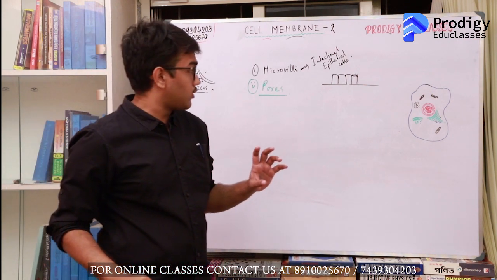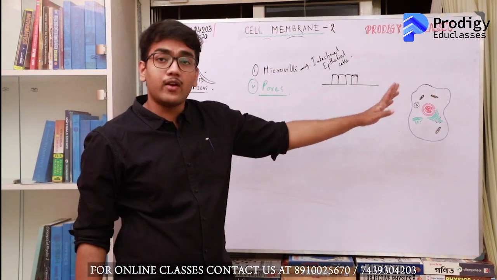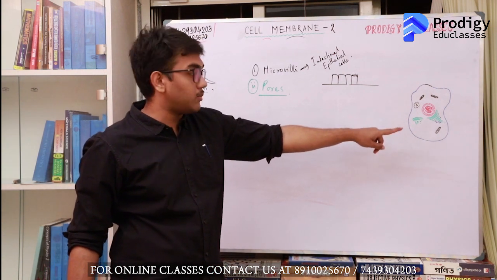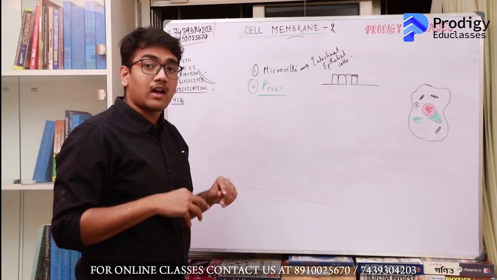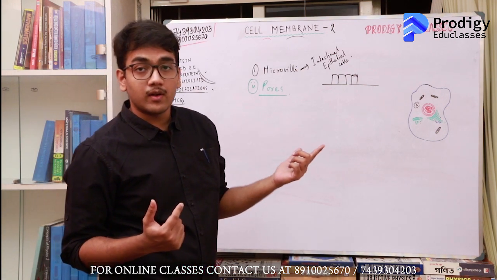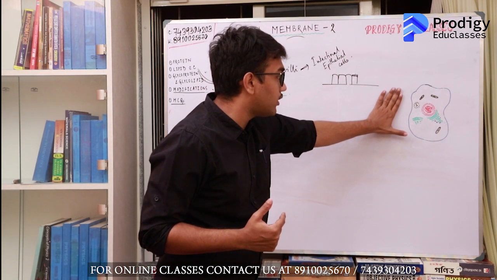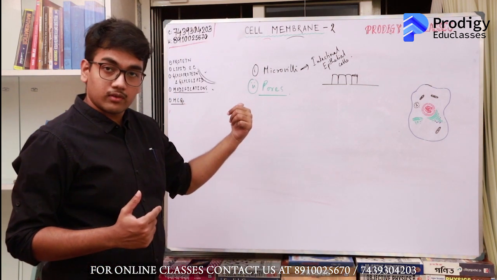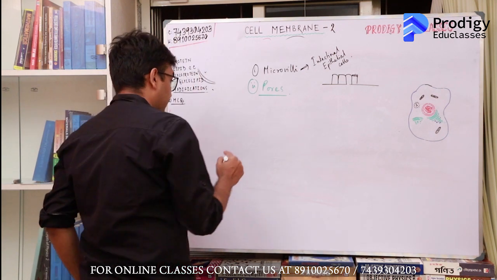Cell membrane does not actually have pores. What it has are infoldings. If you have read the endoplasmic reticulum, you will know that the endoplasmic reticulum is a continuation between the nuclear membrane and the cell membrane. So various substances, various ions, say in the muscular tissue, calcium ion is stored in the endoplasmic reticulum. Now these calcium ions, which are predominantly present in the extracellular fluid, will be present in the endoplasmic reticulum through the pores. Okay, so these are actually openings to the endoplasmic reticulum.